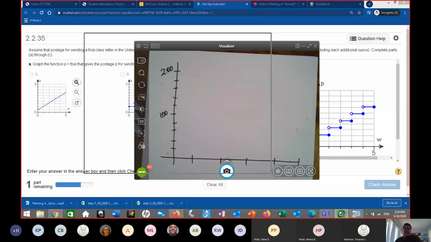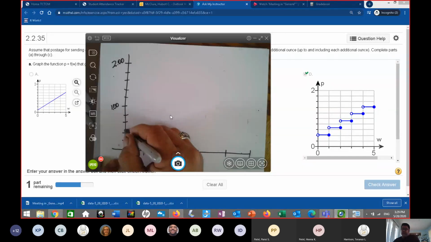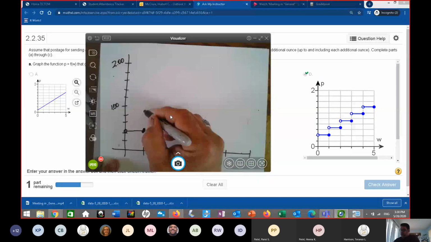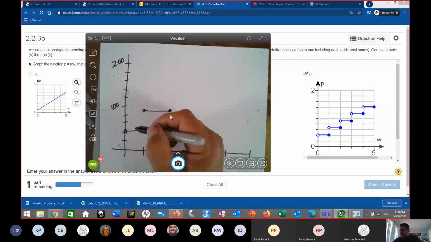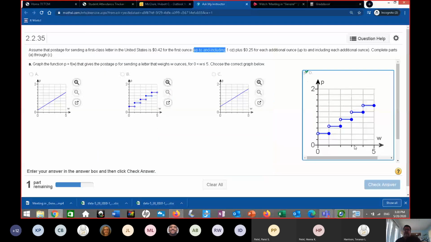Okay, and I'm going to just go ahead and show you what I'm drawing. When you're doing a piecewise function, the best thing to do is just show it as simple as you can. All right, so 42 cent, 2040 is going to be here. And then that next one is right here. And then the next one looks like it's, let's say, 2040. Oh, that's supposed to be 30. I messed that up. Oh, well, just forget it. I'll just blow it up right here. I'm not going to try to draw it. All right, 33 cent is right there.